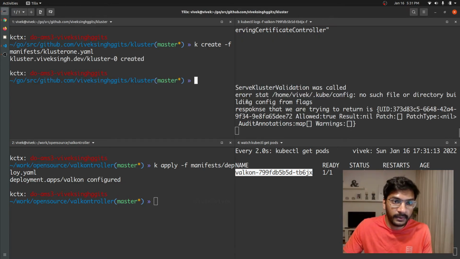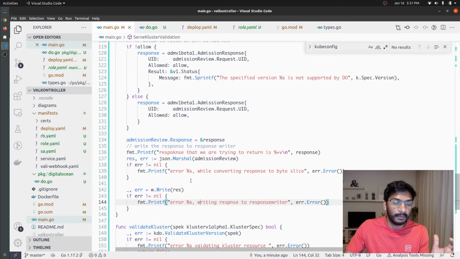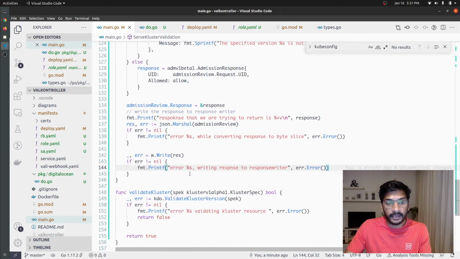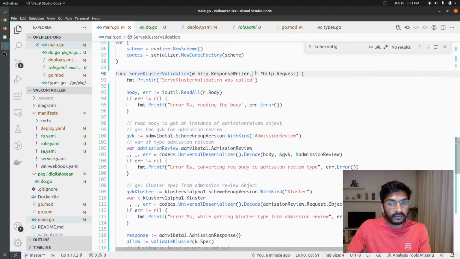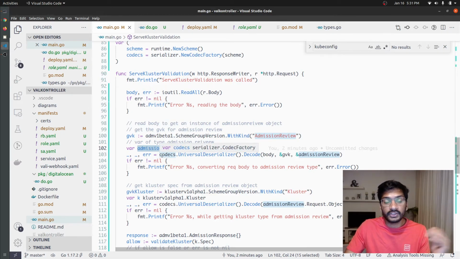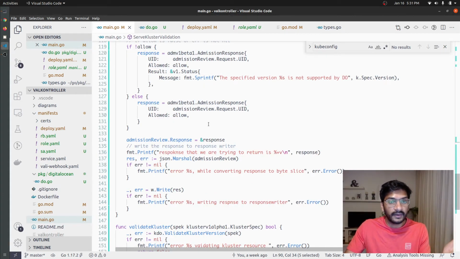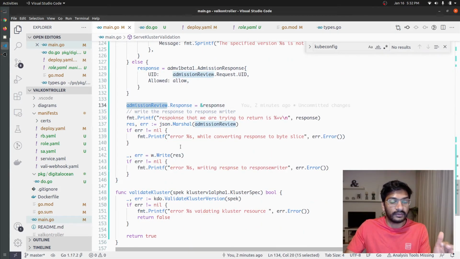And here we go. Let me explain what happened. So the reason was, initially we were trying to just respond back with admission response, but that is not how things happen. So we obviously get admission review from request. In this particular request we have admission review. That is the reason we try to convert that into admission review, and the same type of object should be written into the response. So when we tried to just write admission response, things did not work. But when we changed that to write admission review instead of just admission response,